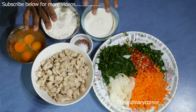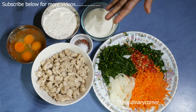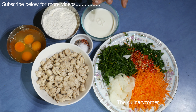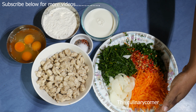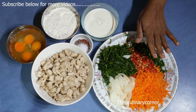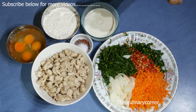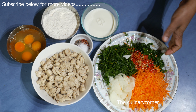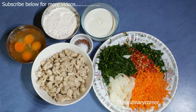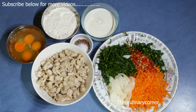You can always increase or decrease the amount of flour in this recipe, and use whatever you have in your fridge or in your garden. I'm using carrots, onions, silver beet and spring onions with some fresh chilies. Chilies are always optional, but I like to give a little bit of zing. This is so simple, it takes no time to grate or cut the vegetables,